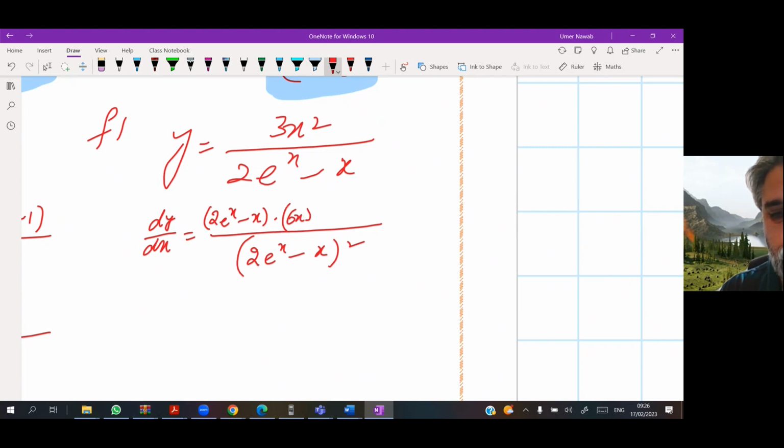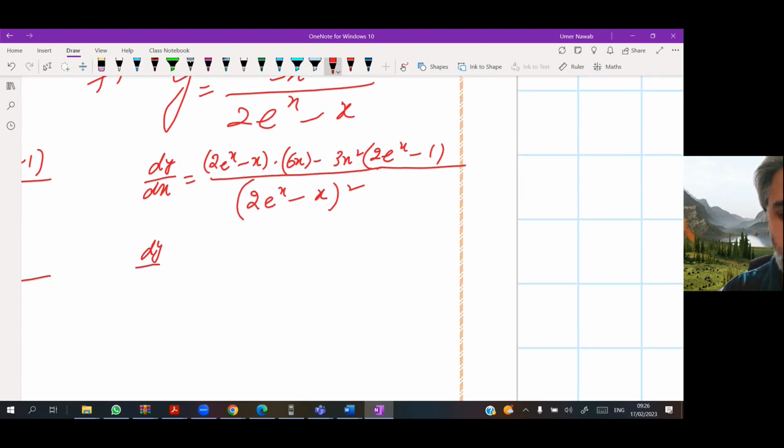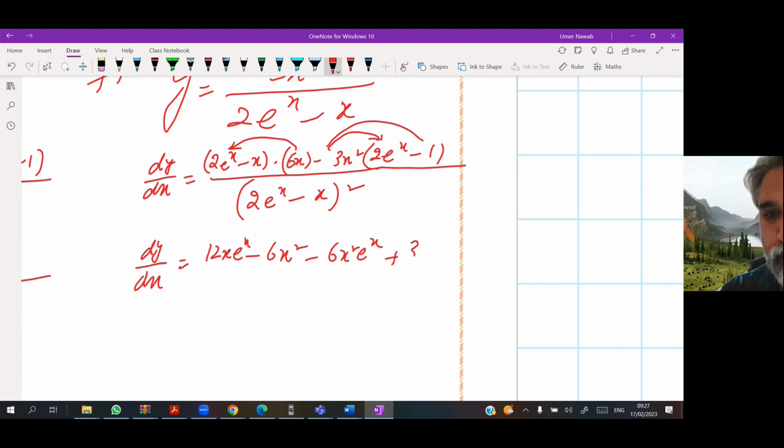Derivative of numerator is 6x. 2x as it is, minus 1. Open the brackets. 12x, e to the x, 6x squared, 6x squared e to the x, plus 3x squared over